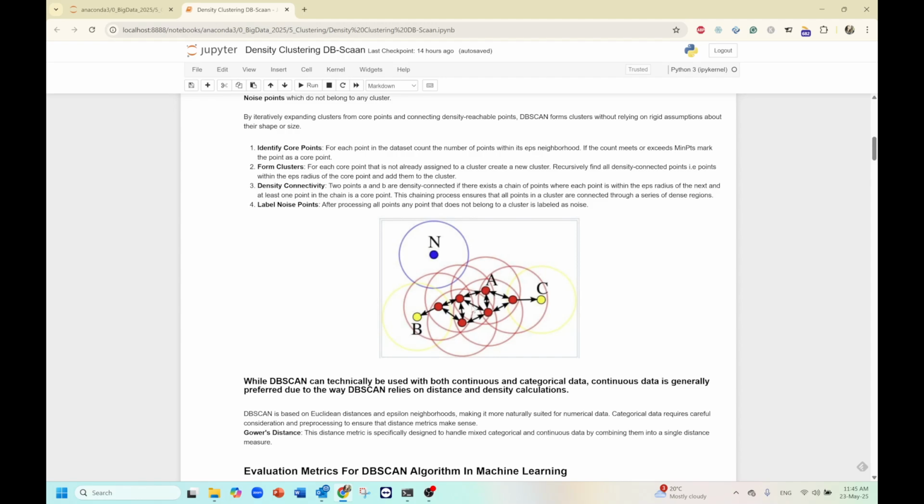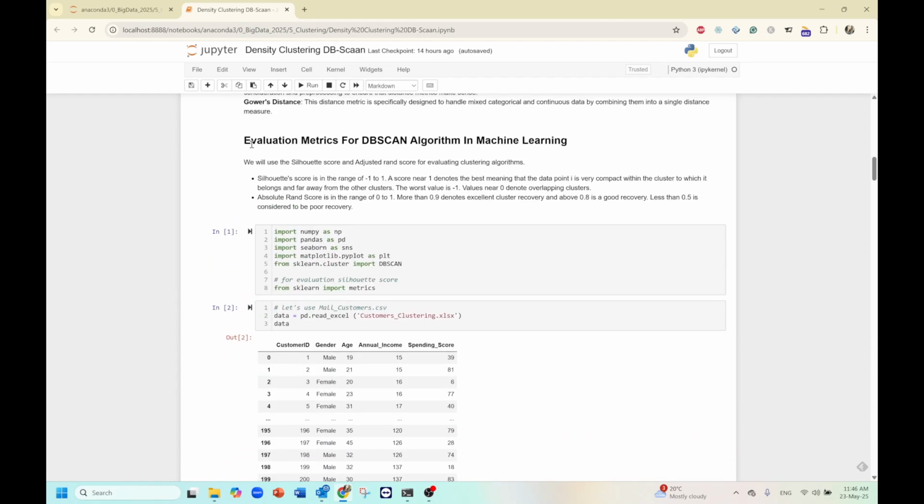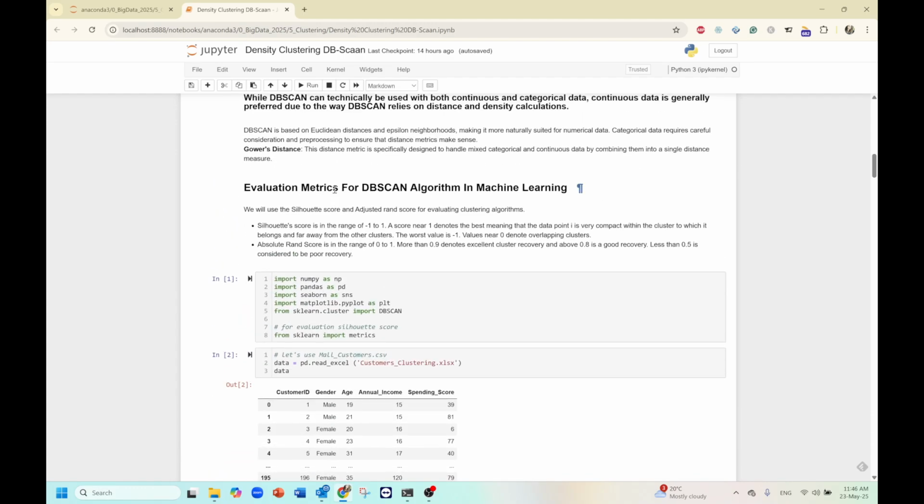So the red points, the core points, expand the cluster. The border points that have at least one core point within their radius either belong to the cluster or are considered noise. I feel this is a very easy algorithm. So let's get started with the code. Also, before I get started with the code,